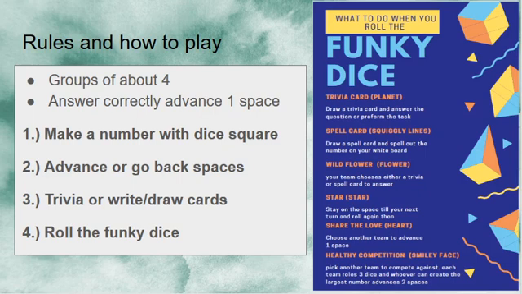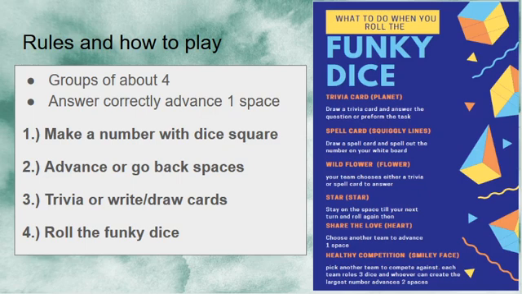The second type of space, advance or go back spaces, is just self-explanatory. That's what students do when they land on it. The third type of space, the trivia or spelling cards: students will just draw either of those types of cards and answer the question. If they get it right, they move ahead. If not, they simply stay there. The last space is roll the funky die. That's the 6-sided die that has 6 different